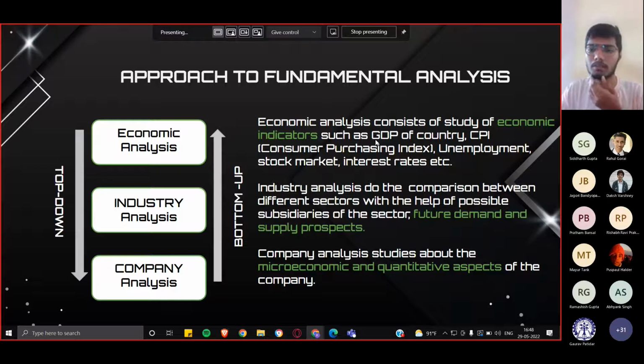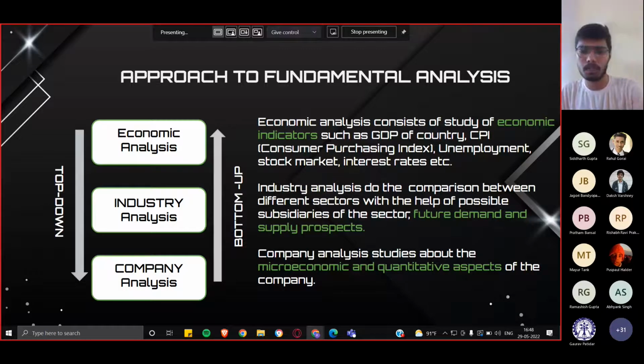There are some terms here, so you can see the GDP of a country. We'll talk about what is GDP. You must know it's just gross domestic product, but it also has a formula, and how they calculate it and on what basis. So we'll talk about that.